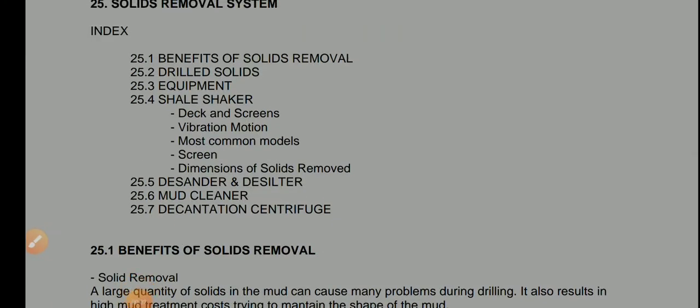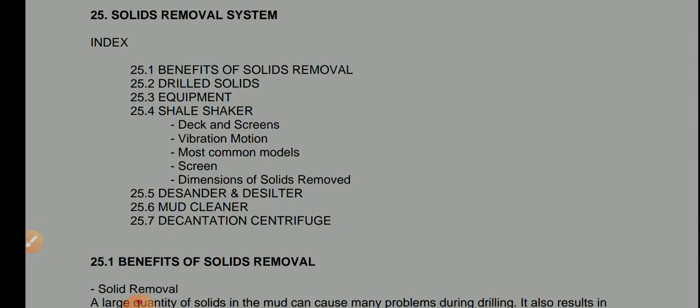Hello viewers, today I am going to discuss solids removal. So how do we remove the solids from our drilling mud? Where are we getting these solids? Generally, all the solids which are drilled inside the wellbore come outside into the mud